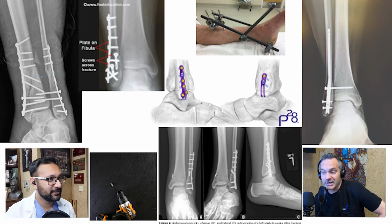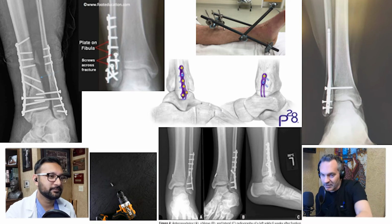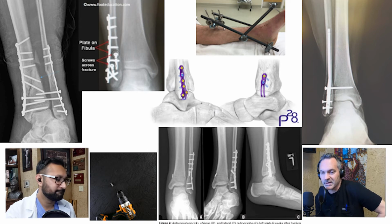But again, you have to understand that once you've had a significant ankle injury like this, the joint's never going to be the same. Yeah, you're going to have arthritis. You're going to probably end up with some early post-traumatic arthritis, despite a tremendous result. This on the far left, I wouldn't call that a tremendous result because the syndesmosis has not been appropriately addressed. So that patient either is going to have that surgery